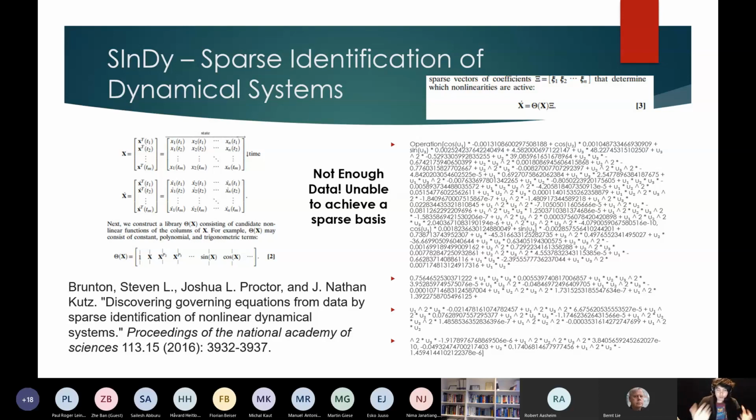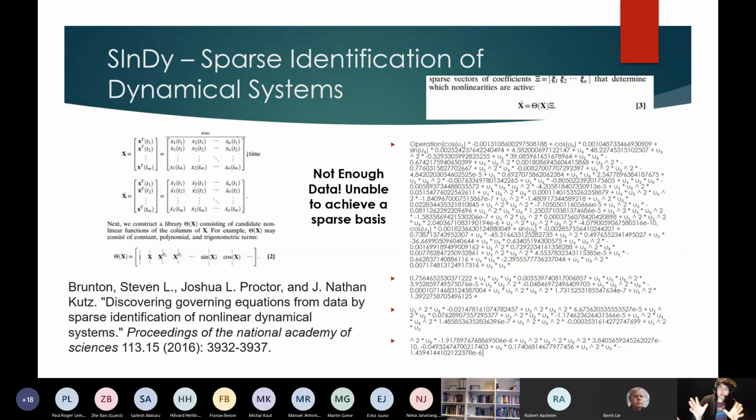Now, while that can work in practice if you have enough data, if you just directly apply this to the system we're looking at here, you get a system which is essentially unidentified, with huge numbers times cosine of u1 plus cosine terms. The reason is that it doesn't have enough information to really understand the whole function, right? There's not enough data to be able to give you back this whole dynamical system.